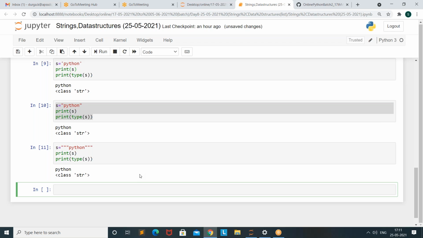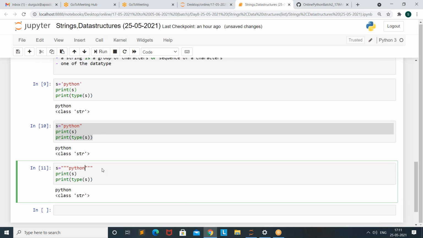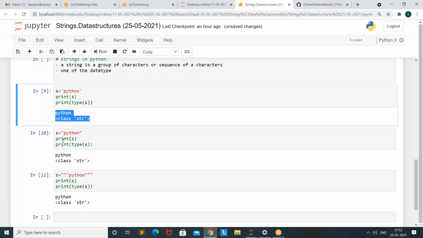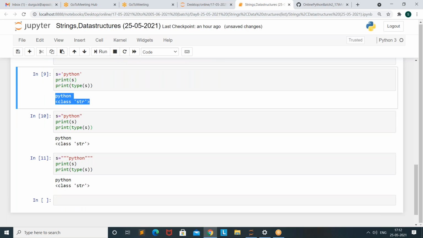When we use triple quotes, strings can span several lines without using an escape character. You can write many lines in triple quotes. Triple quotes are also called docstrings. So here there is no change in output. If you use single quote or double quote or triple quote, it displays the same output.